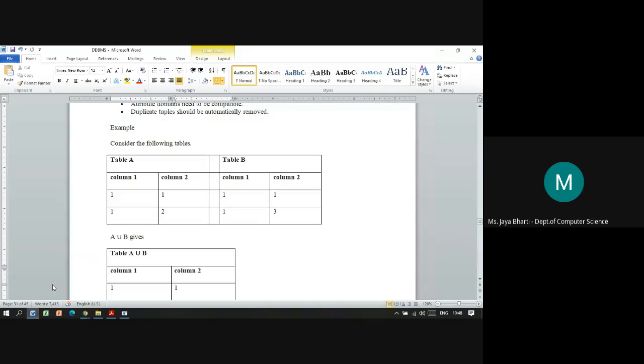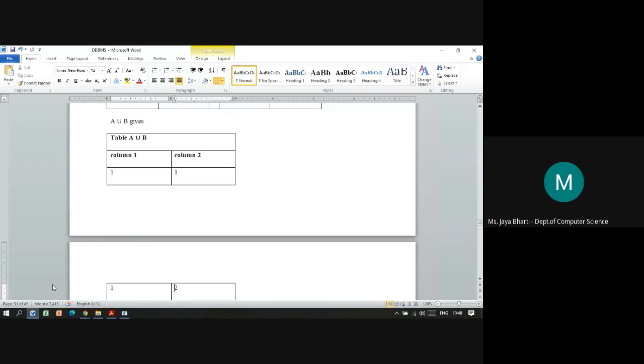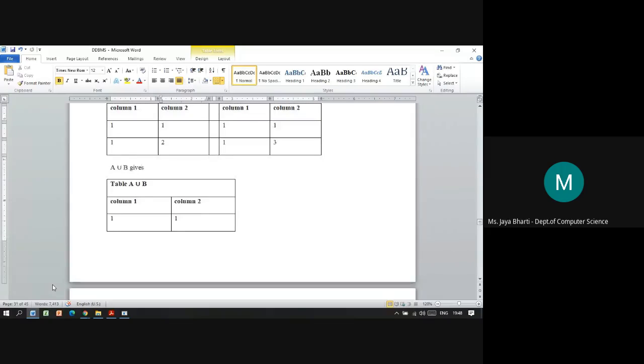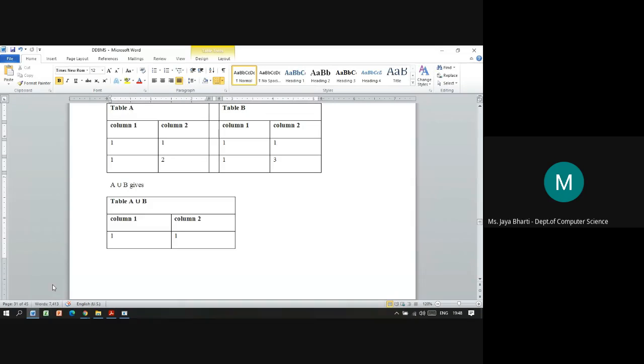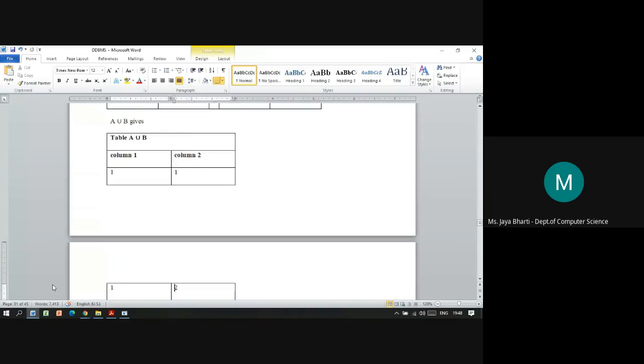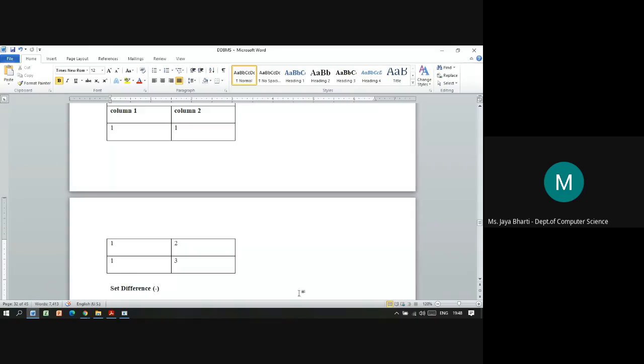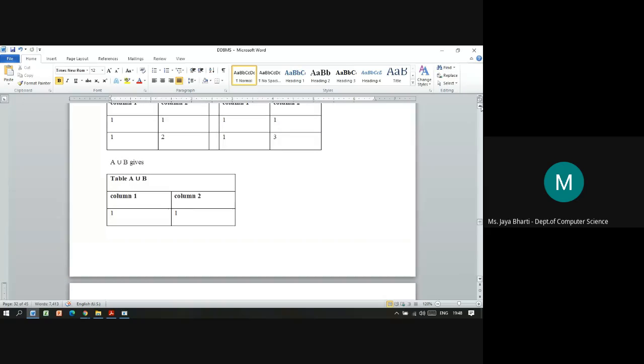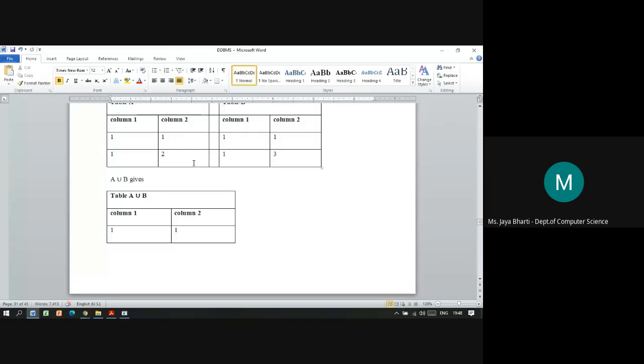Okay, so A union B. In A union B, it will give you column 1 from table A and column 1 from table B. So 1 1 1 1, and now the column 2 from A and column 2 from B. Now here we have 1 2 and 1 3 also.